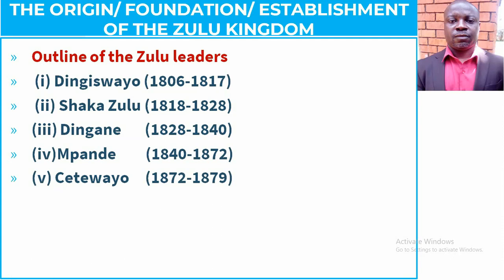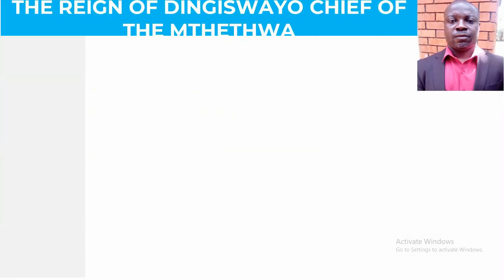Now this one ruled from 1872 to 1879. Then lastly, there was this young man called Dinizulu, who ruled from 1884 to 1913. From there, we are now going to look at the reign of Chief